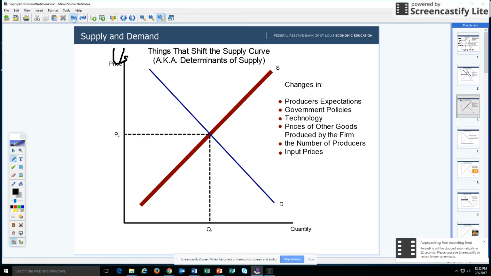Technology. Say that you have a new machine that will make the product faster. I can now supply more. So an increase in supply, which would then make our equilibrium point right here. So our new equilibrium price